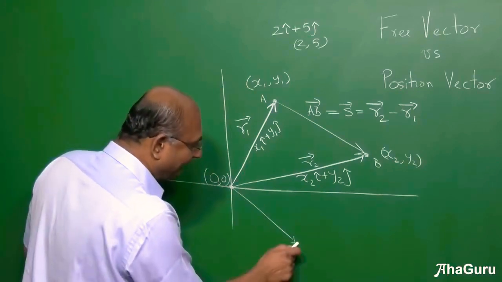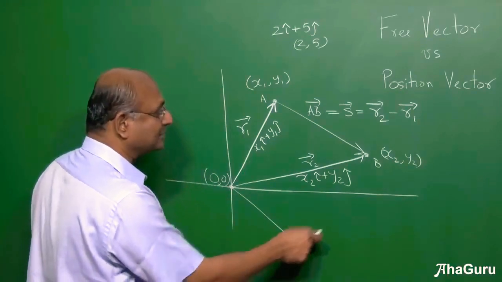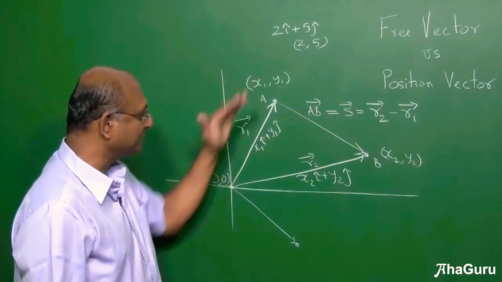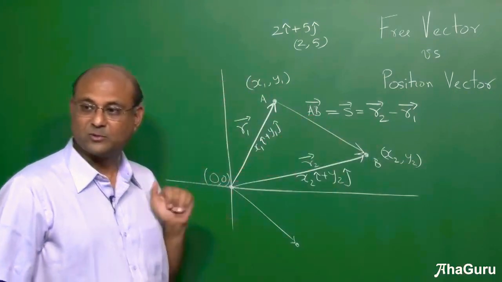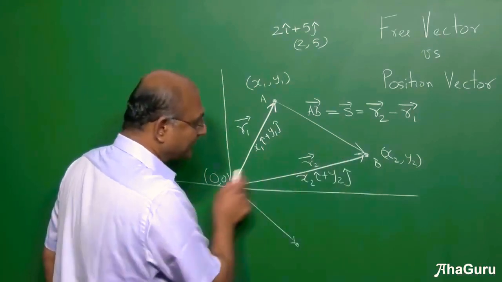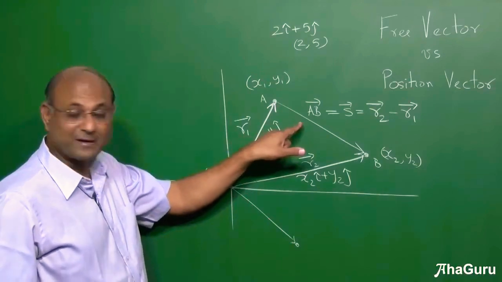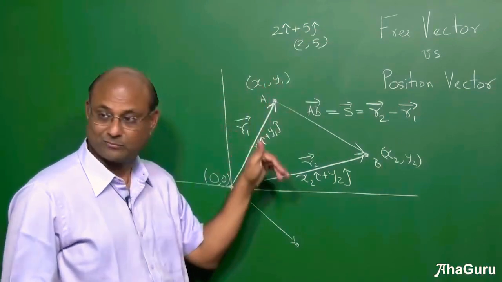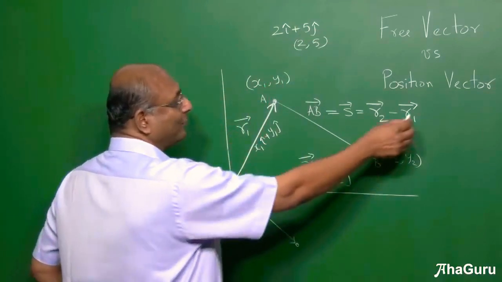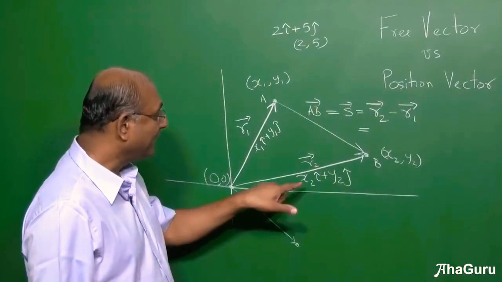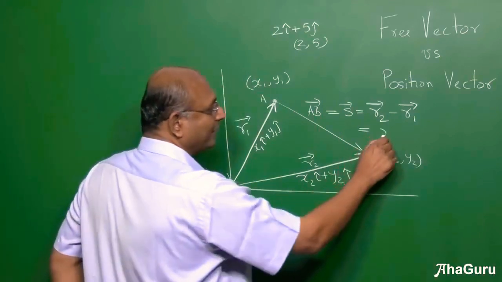Now if I put this in, I'll get some position, but this point is not the same as that point, right? So this is a displacement vector, position vector, position vector, position vector. Okay. These two vectors are equal, but this is a position vector, so it cannot be moved, but that's a different vector. That's a free vector. It can be moved around.